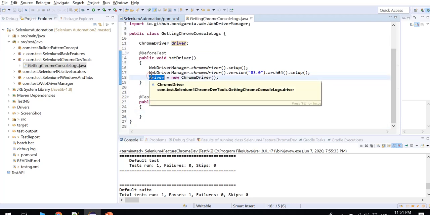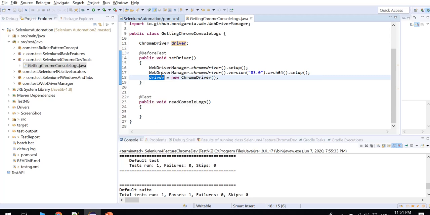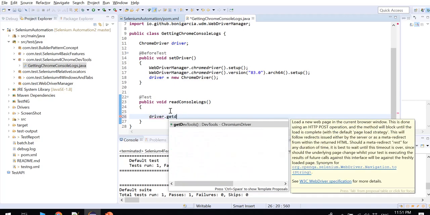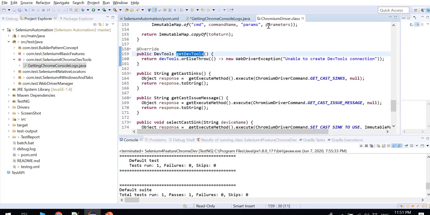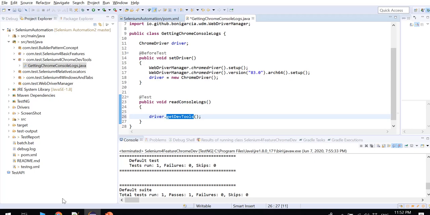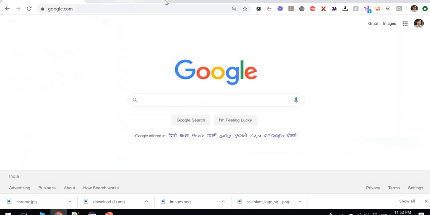This is our driver, and how we can use driver.get, devTools. If you see here, if I press F3, you can see this is the ChromiumDriver class. So this method is coming from ChromiumDriver. And let me show you one more thing here.